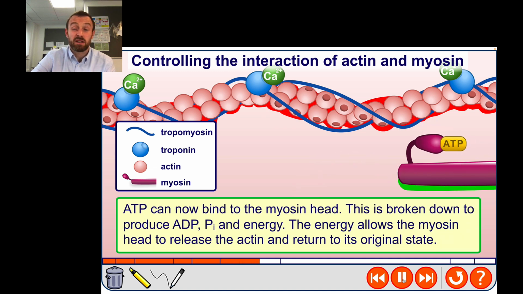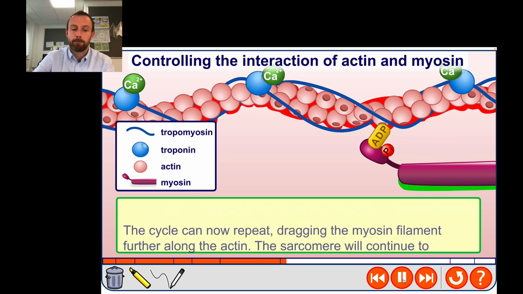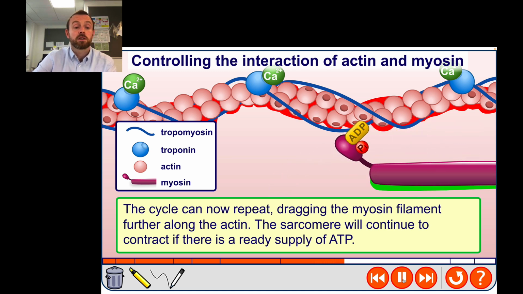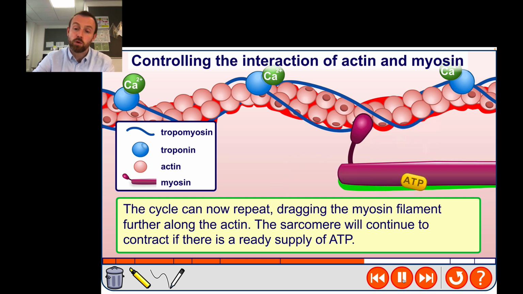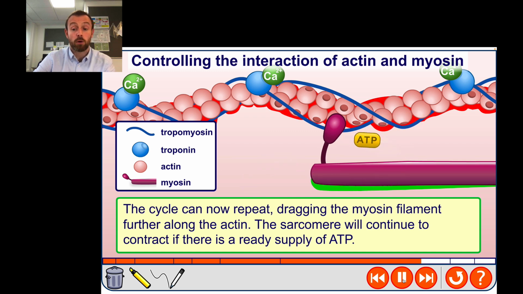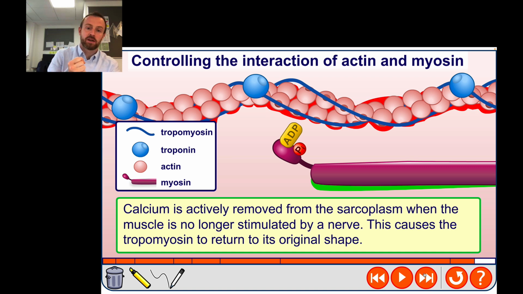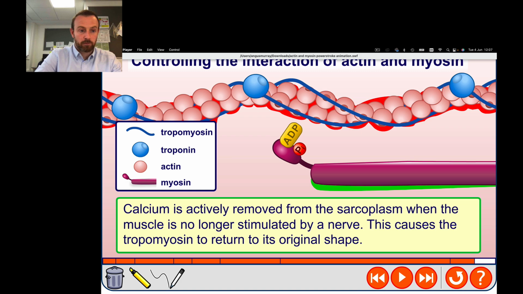ATP binds, releases the myosin head, cocks it back into the ready position, binds again, and the myosin head drags itself along the actin filament, doing this power stroke cycle, or you could call it the cross bridge cycle, again and again and again, until it finally stops when calcium ions are actively transported back into that sarcoplasmic reticulum. Okay, so